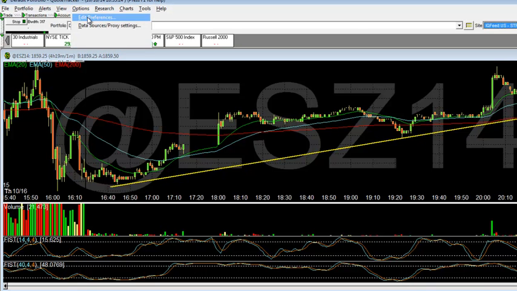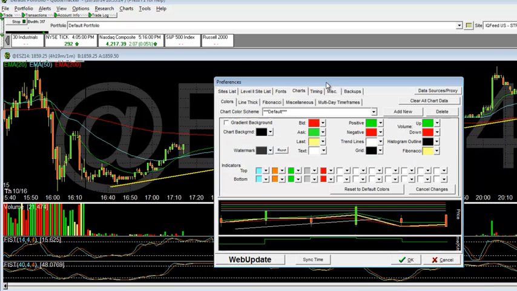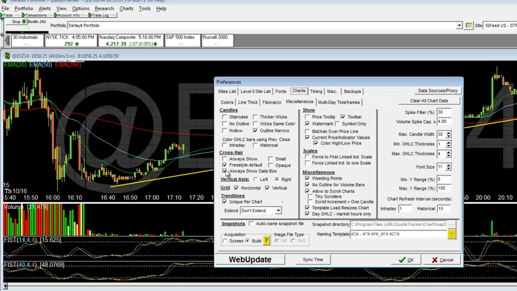It all goes back to edit preferences, and all these preferences up here are really good. You have your fonts, you have your charts, anything in miscellaneous. You could put crosshairs in here. There's a lot of stuff right here. On the wicks, you have the fonts, the font size on the side. If you need this to be a little bit bigger on the side,